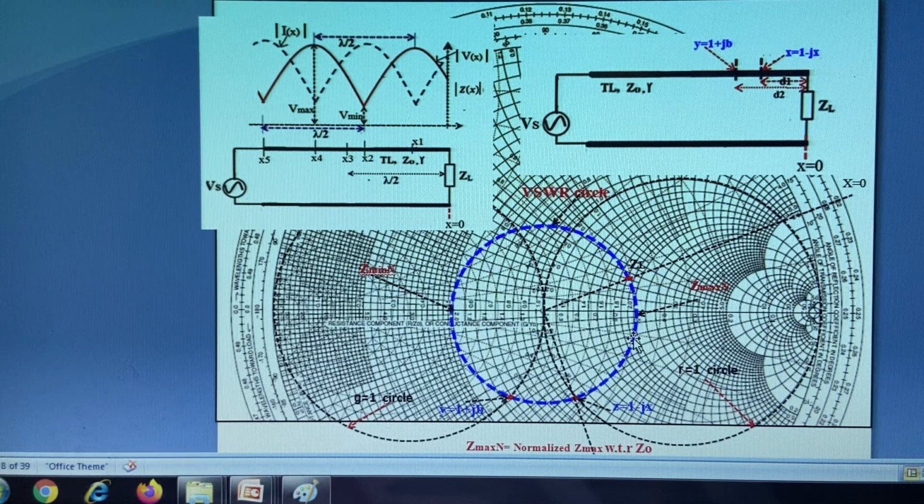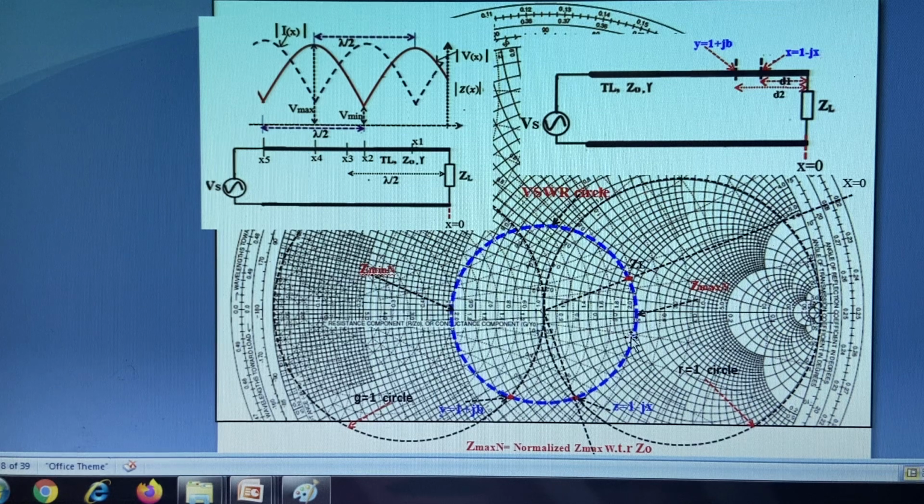That is, read the resistance circle value and the reactance circle value passing through this point, and that gives the impedance at this particular position. Distance also we can measure, as we saw in the previous topic. We can measure the distance from here to here. By reading the distance scale, we can find what the impedance is at this distance from here to here.